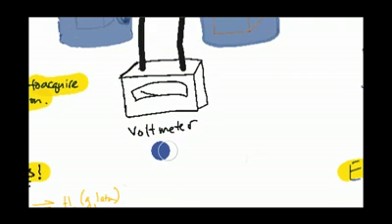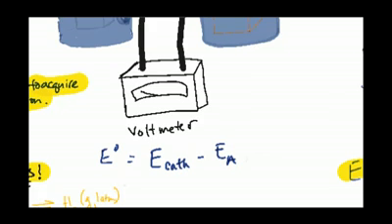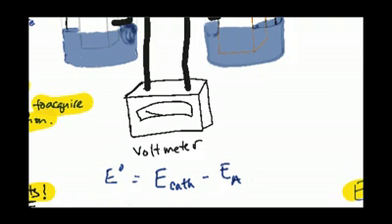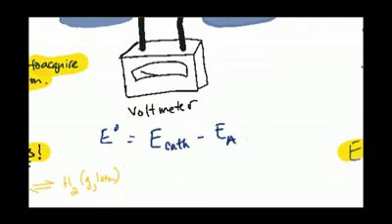Well, if I know, oops, sorry about that. Let me reduce my size here. So it'll be basically like this. If it's E of cathode minus E of anode for the standard reduction potential, and if hydrogen is going to be positive, that means the hydrogen would be the cathode, and it would be 0 minus whatever number you got here, and you get a negative